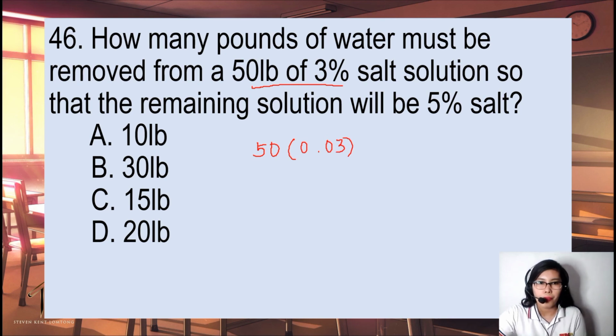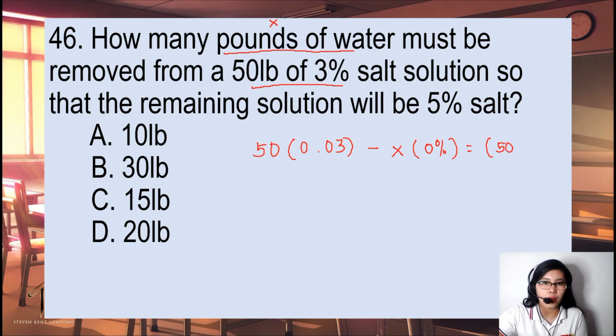And we will be having an X. So this is the X, the pounds of water that must be removed. So therefore, I write minus X here. And it has no salt, right? So that is 0% or 0, equal to the pounds of solution. So 50 minus the X pounds of water that will be removed,